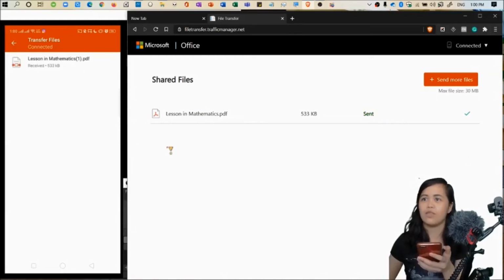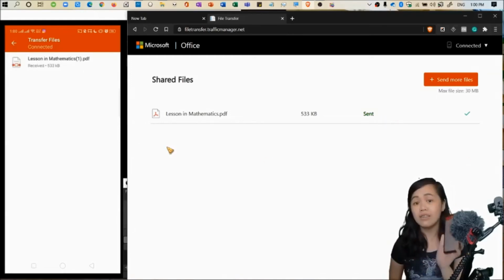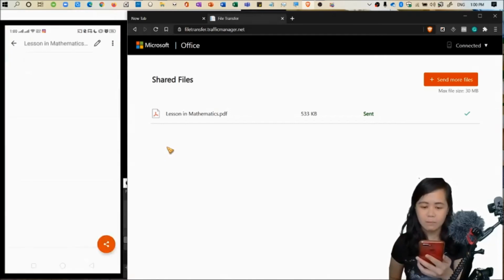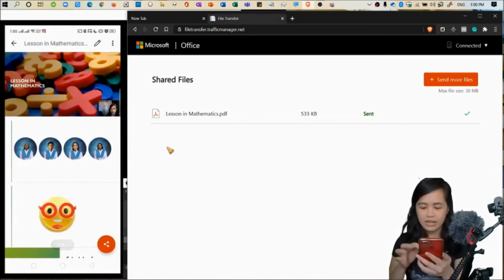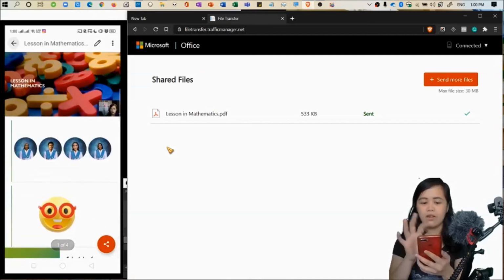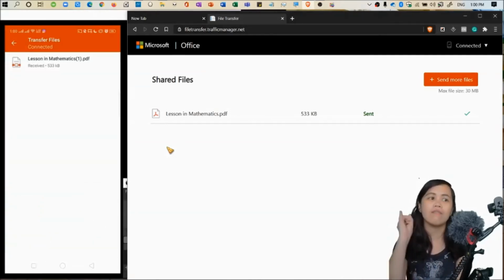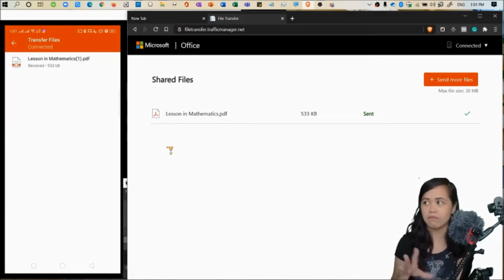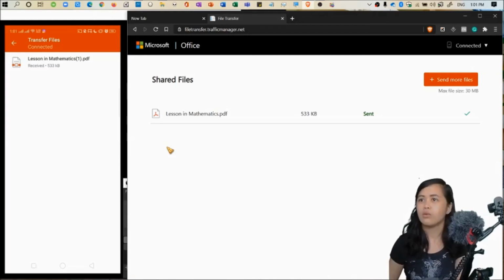So there you have it. We already received the file. So I'm just gonna click that open. And there is the file now. Okay. A PDF document. So again, PDFs, Word documents, Excel spreadsheets, PowerPoint slide decks are okay. But videos, I don't think so. And GIFs as well. So I just hope that Microsoft will be offering other file types to be accommodated by